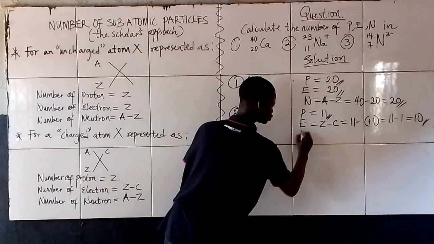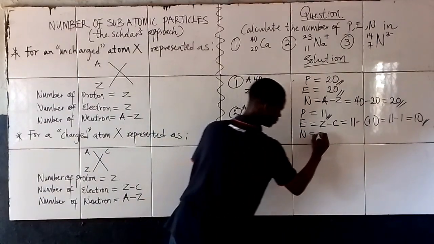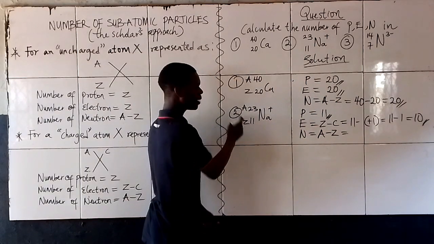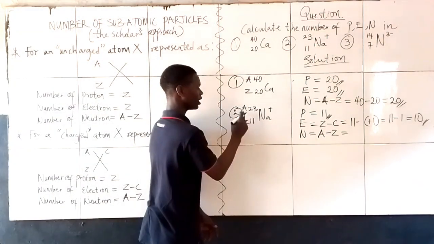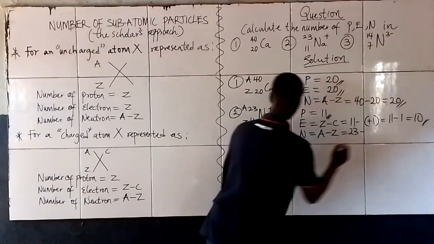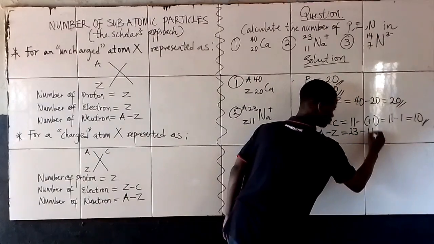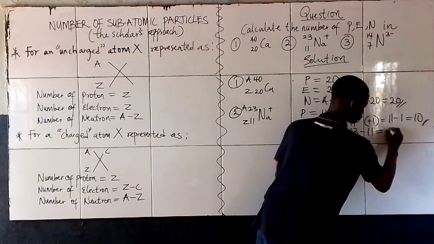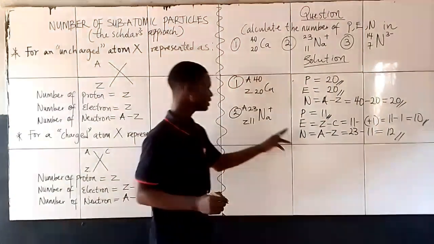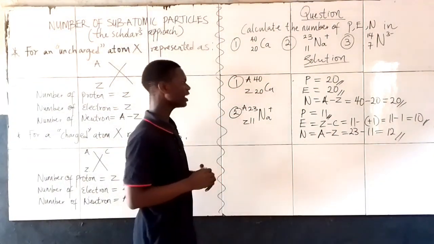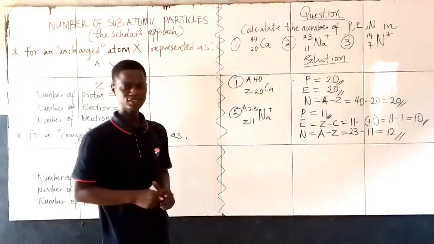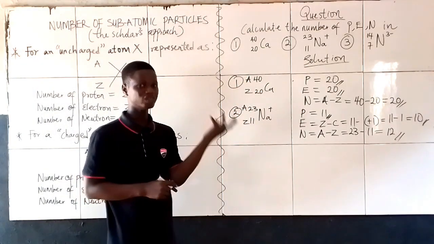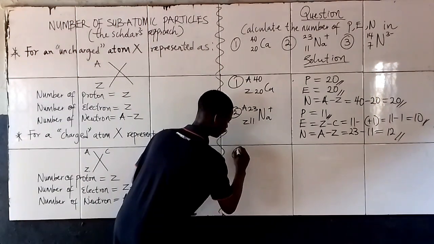10. Lastly, for neutron number under this, the formula still remains A minus Z. So whatever is our A, we'll minus Z from it. A here is 23, while Z here is 11. So guys, 23 minus 11 is simply 12, is it not? So the neutron number in this guy is 12. Now that is for question 2. Let's lastly treat question 3. Remind you, question 3 is carrying a negative charge. So the process will be a little bit different. So let's get started. For number 3, they said